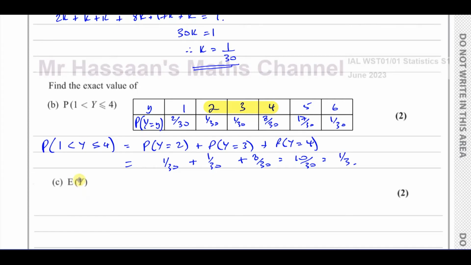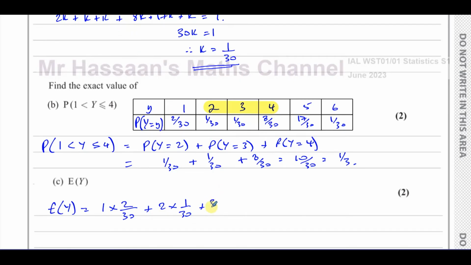It means the expected value of y, which is the sum of the products of the y's with the probabilities of y's. So the expected value of y is going to be 1 times 2 over 30, plus 2 times 1 over 30, plus 3 times 1 over 30,